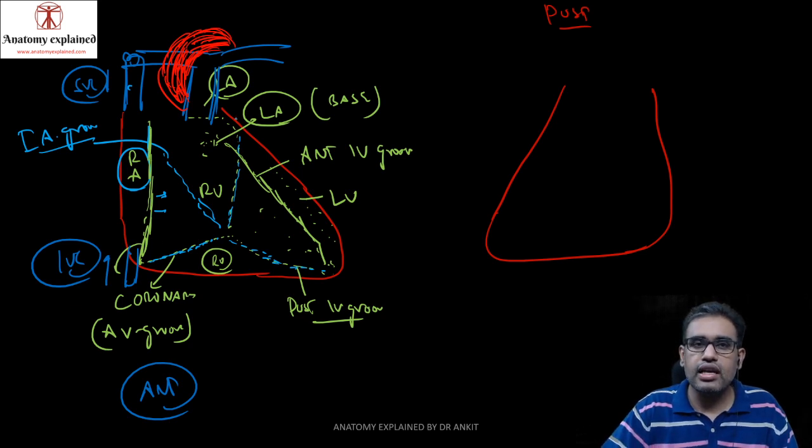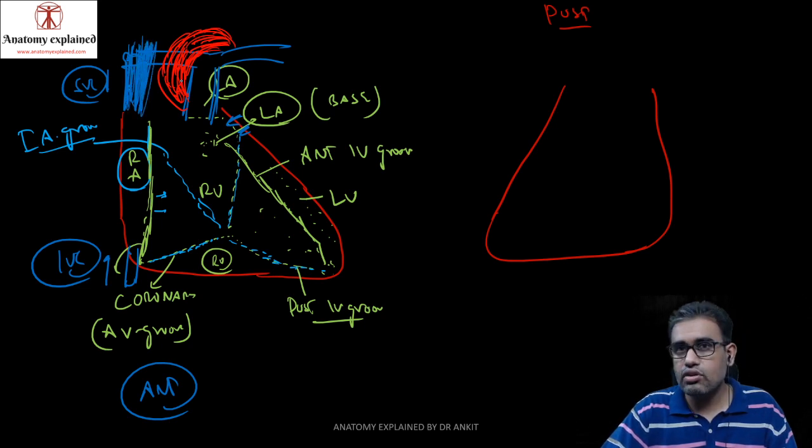What is opening into the LA? We can see it normally on the posterior aspect, but yes, there will be a few pulmonary veins which open into the posterior part of the heart, into the LA. These are the pulmonary veins. So these are the various structures which we see. SVC is lying over here. The pulmonary arteries, the right one goes behind the aorta and SVC.